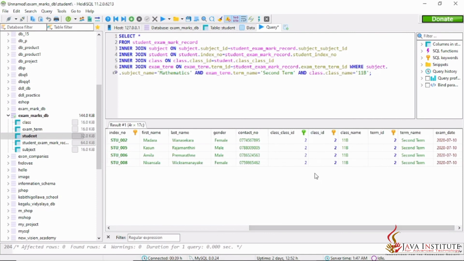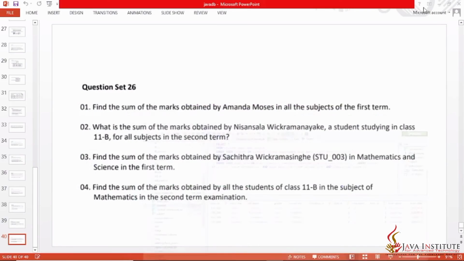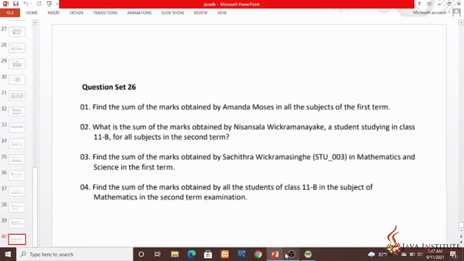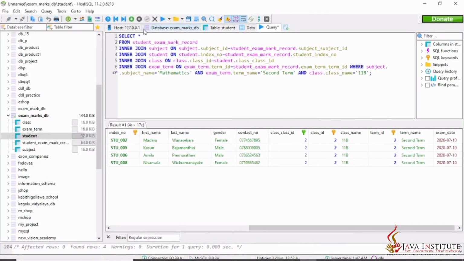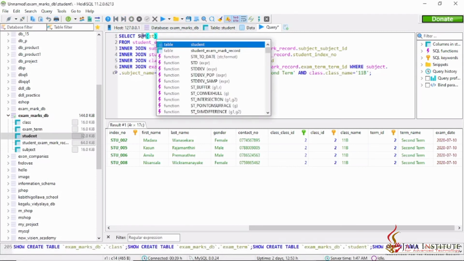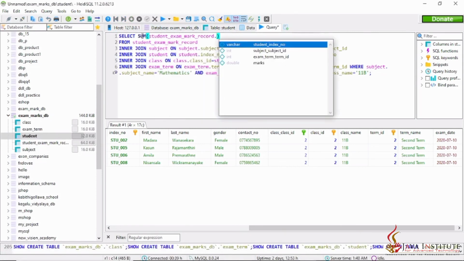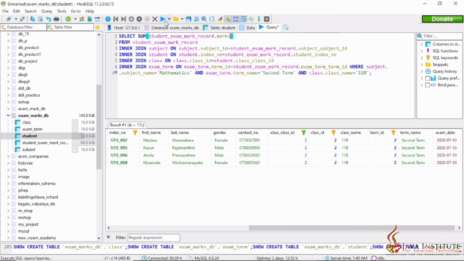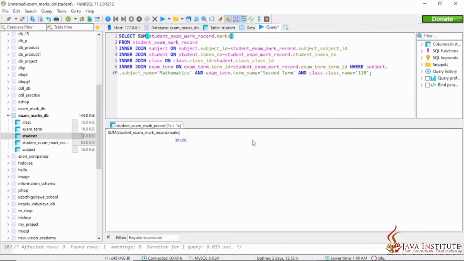Here, as we have said in this question, we have to find the sum of the marks. So we have to give the sum of the marks from the student exam mark record table instead of that asterisk mark. Then I am giving it. Then I am executing. You can see the sum of the marks obtained by all the students from the 11B class for the mathematics subject in the second term has been loaded to this result set, and this answer is